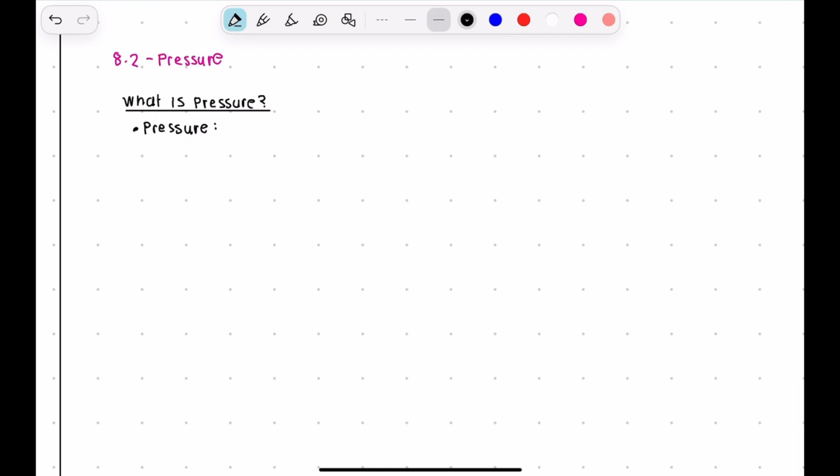Pressure is the force applied perpendicularly over an area. The formula is P equals F over A, where P stands for pressure measured in